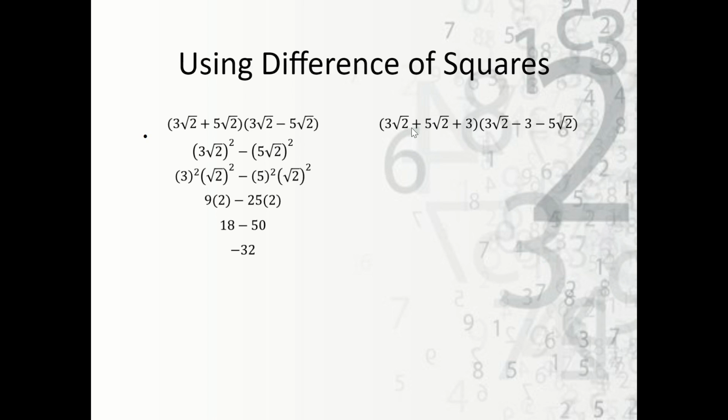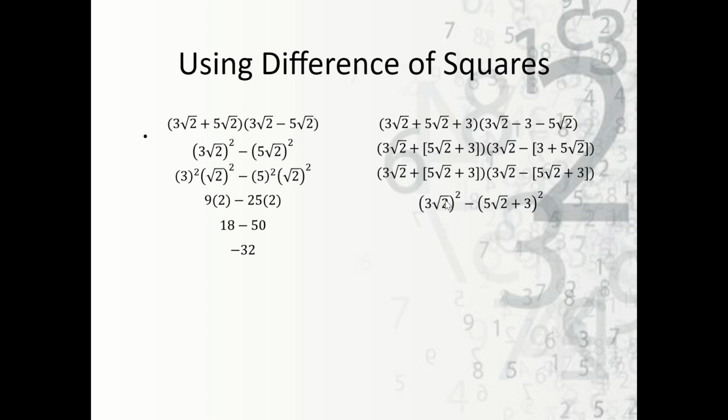This one says 3 square root of 2 plus 5 square root of 2 plus 3 times 3 square root of 2 minus 3 minus 5 square root of 2. Well, what we should notice is if we were to group this part here and this part here, it still becomes a plus b times a minus b. So if we rewrite this, this is 3 square root of 2 plus, and then 5 square root of 2 plus 3. And this is 3 square root of 2 minus 3 plus 5 square root of 2. So if we reorder these, which we could, then we see that this is our a, and this whole thing here is our b. So we can rewrite this